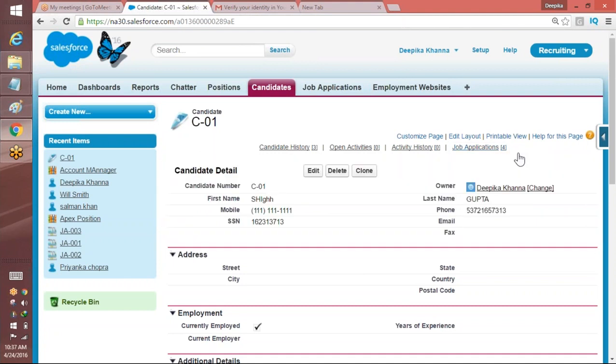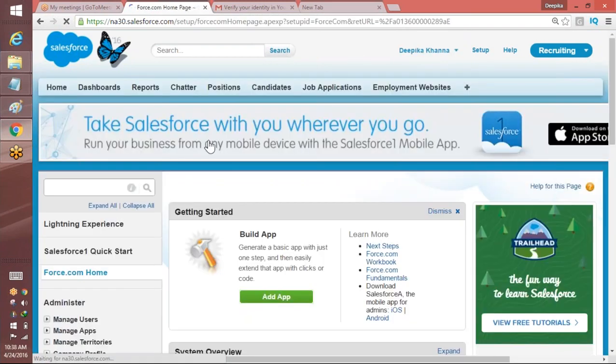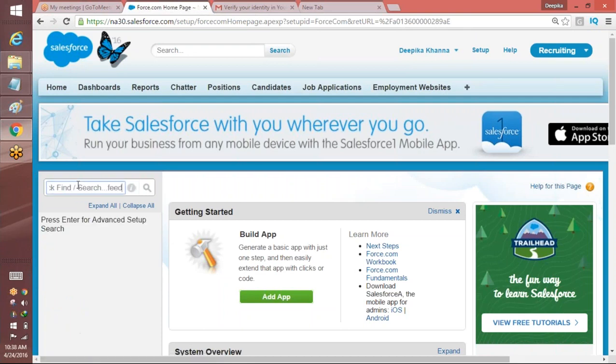So if you wanted to have the follow button, follow means basically I wanted to follow this record, and if someone changes anything on that record, I should get a message on my Chatter that, okay, somebody changed, so and so person has changed this particular thing. You getting my point? So if I wanted to have a follow button, I'll go back to the setup, I'll click on feed tracking here,